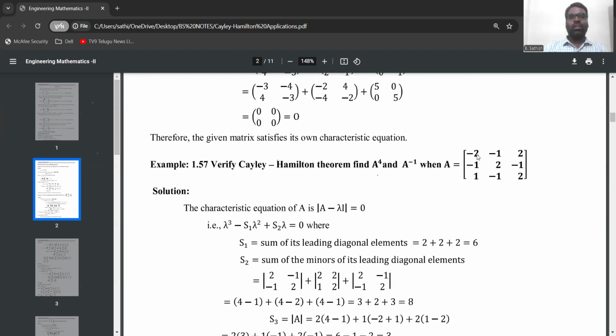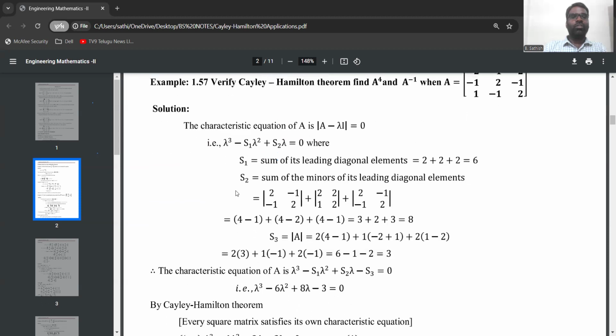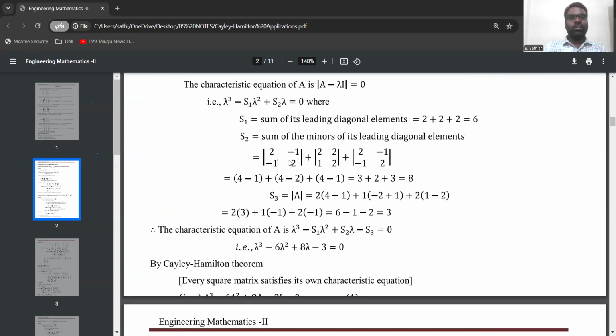Since the given matrix is of order 3, we will get a characteristic equation like lambda cube minus s1 lambda square plus s2 lambda minus s3, which is the determinant. We get alternate signs in the equation. So this is the correct equation: lambda cube minus s1 lambda square plus s2 lambda minus s3 equals